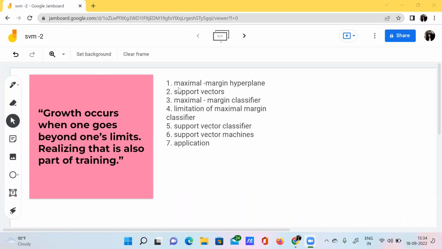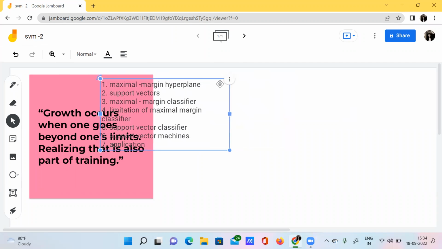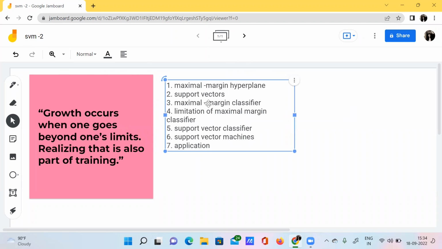So today I'm gonna explain some of the topics in Support Vector Machine, SVM, part 2 video. In this SVM series, I'm gonna explain all the subtopics: what is meant by maximal margin hyperplane, what are support vectors, what is a maximal margin classifier, what are the limitations of this maximal margin classifier, what is a support vector classifier, what are support vector machines, and what are the applications of support vector machines. I'm going to explain all these things, but before deep diving into these topics, let's have a look